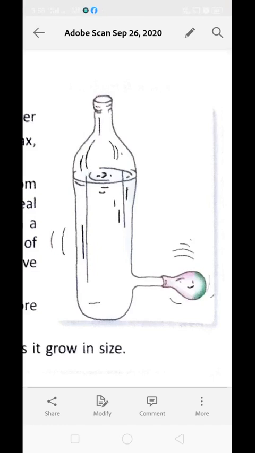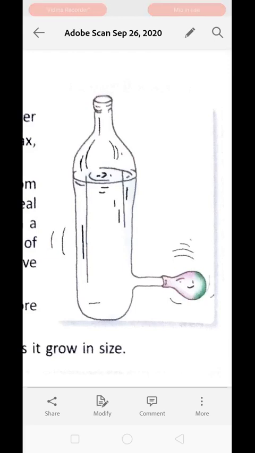For that, we need to take a simple plastic bottle, and then we are going to fix a glass tube near the bottom of it by heating the tube and quickly inserting it into the bottle. Clear? Now seal the joint with molten wax so that it gets completely covered.